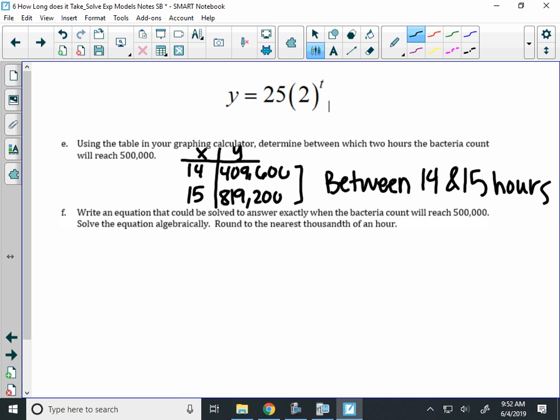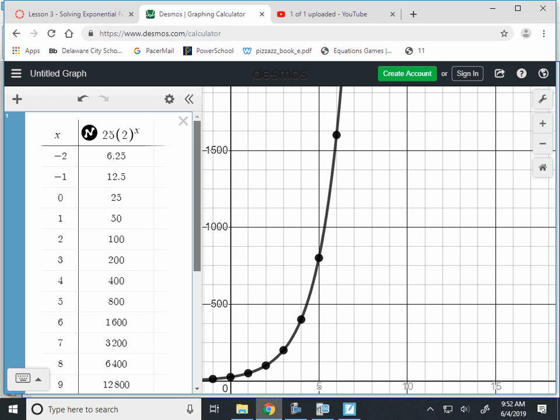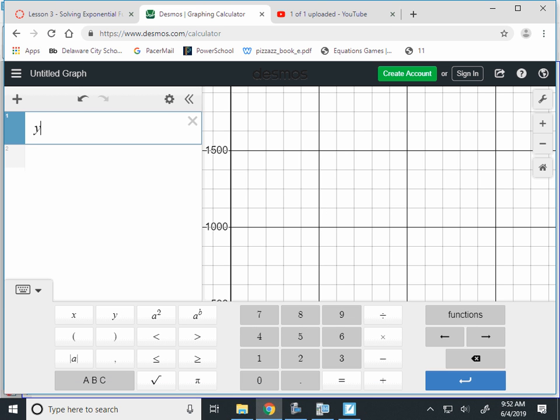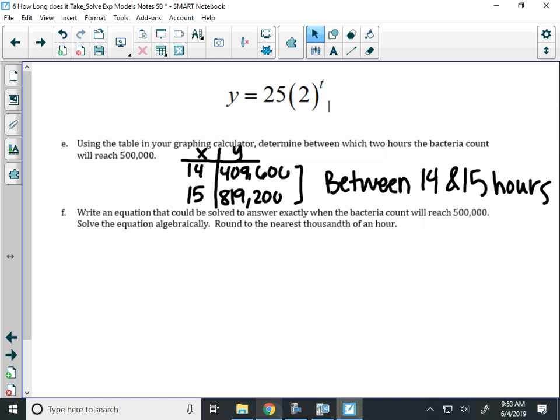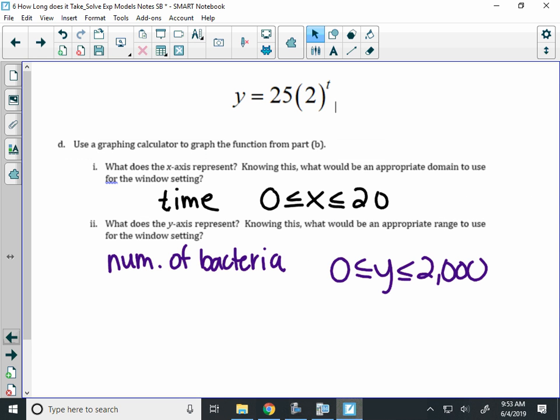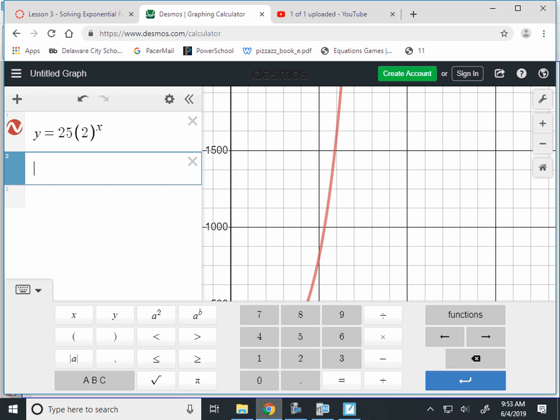That's not hard, but there's a faster way if I'm using Desmos. So let me get rid of the table here. I'll just rewrite it. Y equals. All right. Now if I have my table, I want to know where I equal 500,000. And the number of bacteria we said up above in part C was our Y value. So if I type in the line underneath Y equals 500,000,